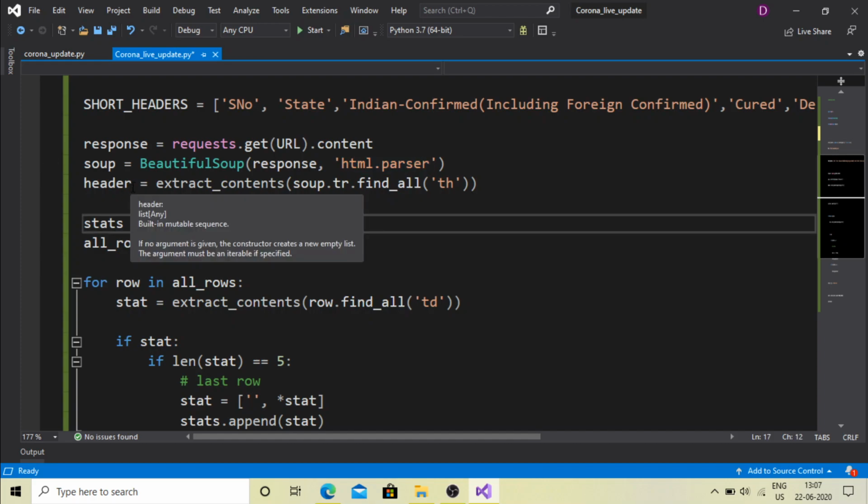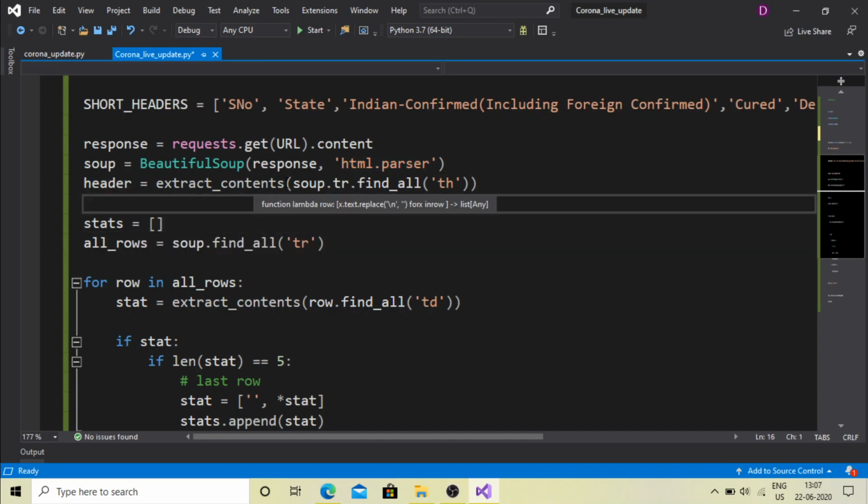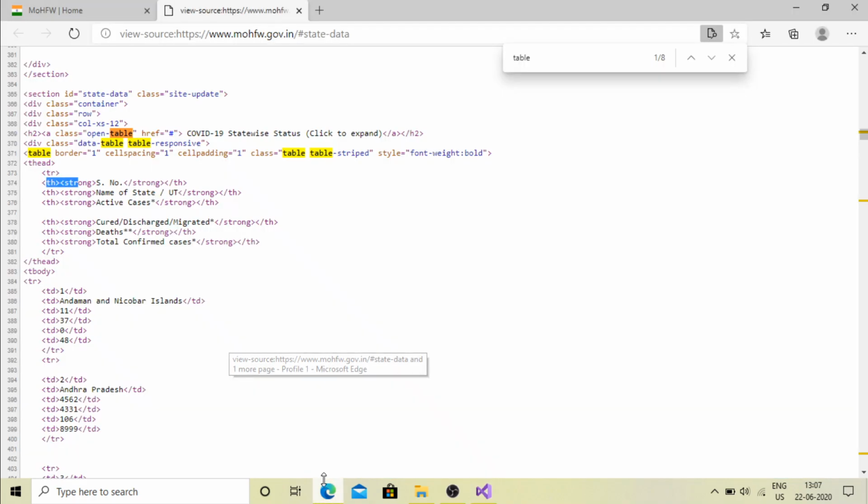Now the next thing is a variable named header. This will help us extract all the headings from the web page. As you visit this web page, you can see we have several headings like serial number, name of states, active cases, cured, death. So we want to extract these headings.